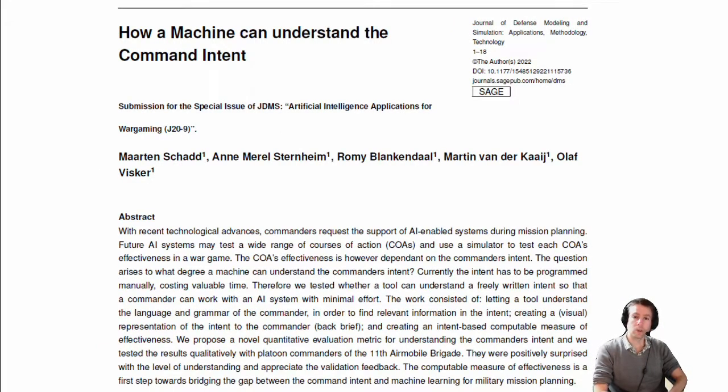So this concludes my brief overview of this article, how a machine can understand the command intent. I hope you enjoyed it and it helped you in deciding whether or not you want to read the entire